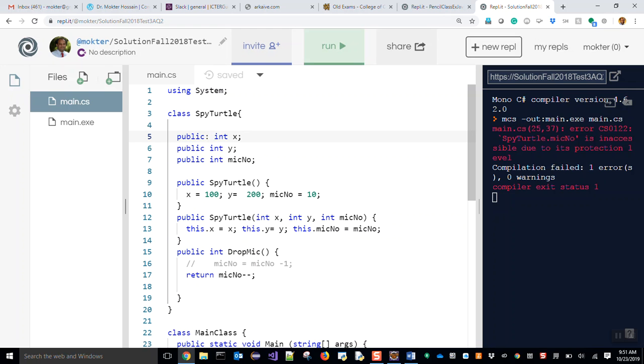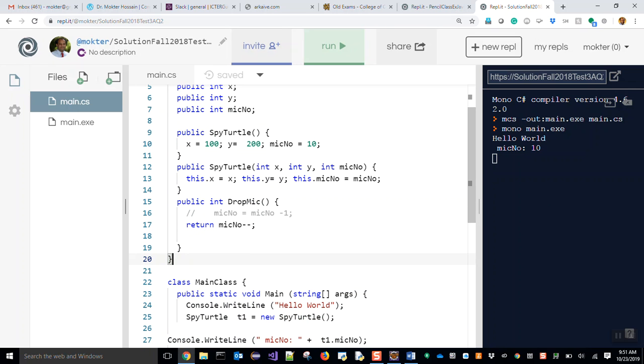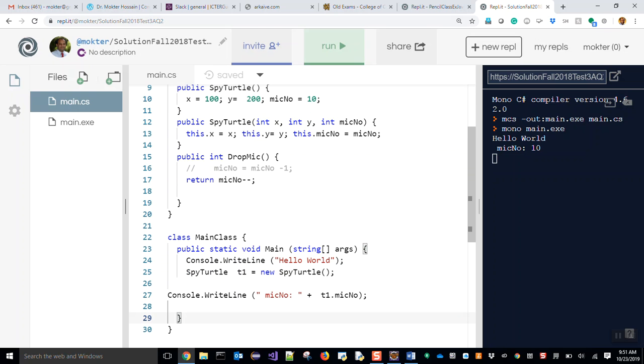C++ people, remember that we need to use the colon sign. Now if I run this program, it should show me. The number of microphones is initially set to 10, right? Okay, now if I want to display